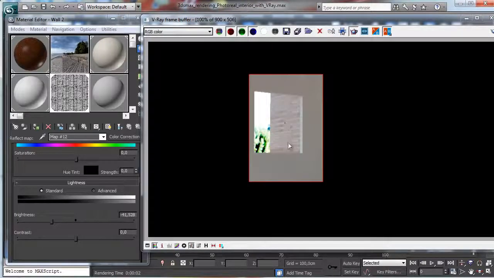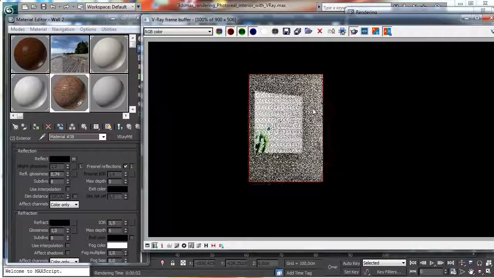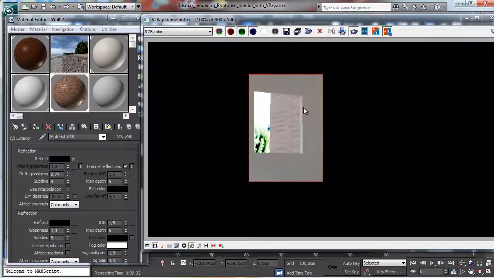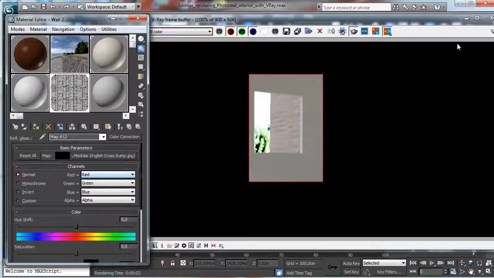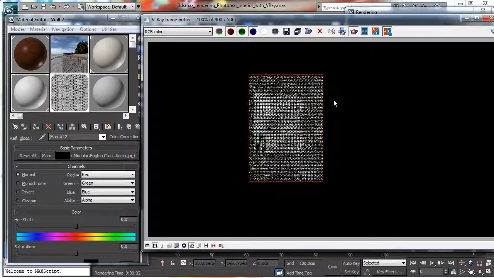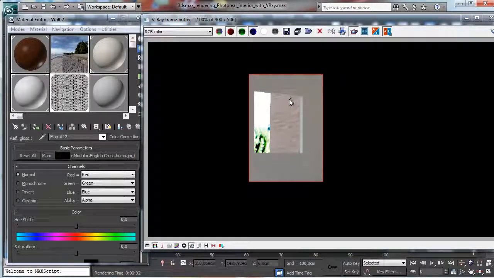So you see we have more reflectivity in some areas and less reflectivity in another area. Let's see what happens if we add the reflection glossiness. Okay, you see that now it is not visible anymore. So we can use the same map for the reflection glossiness. Let's see the result, and if it doesn't work in the right way, we can change it, but